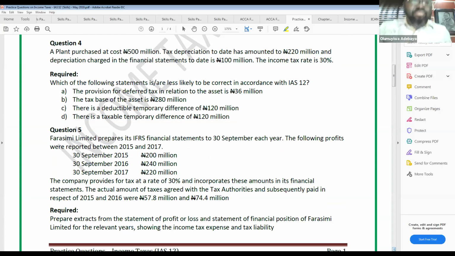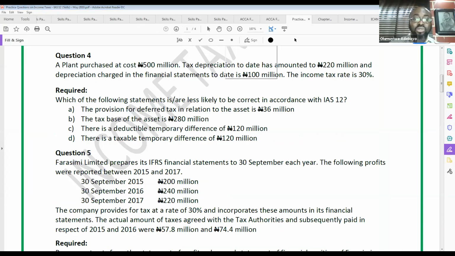We purchased a plant for 500 million naira. Tax depreciation. I want to talk about tax depreciation. You know what we are talking about. When we talk about tax depreciation, we are talking about,